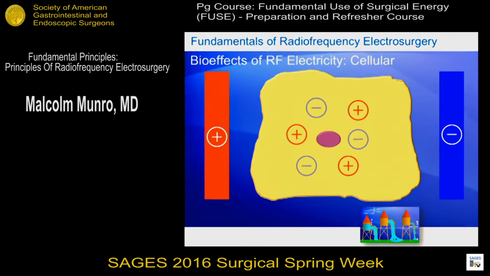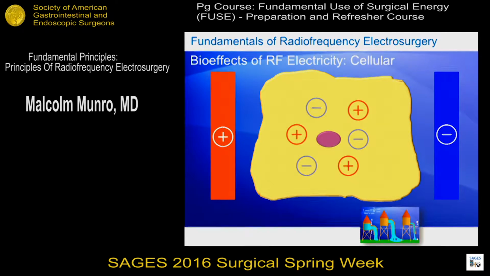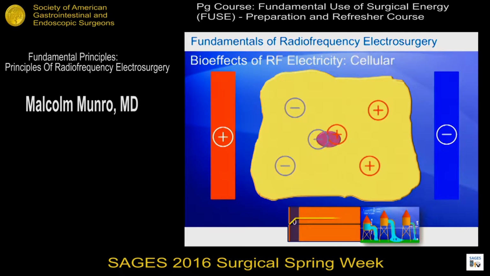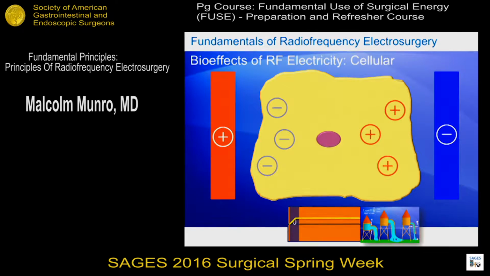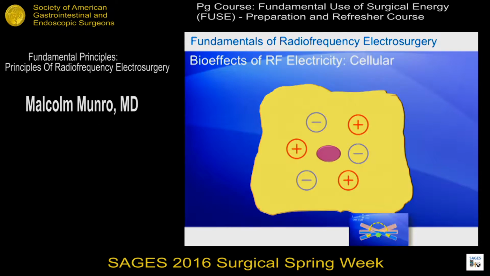If we have a direct current or a constant polarity circuit, our intracellular ions will migrate to the pole that's opposite to their charge. But if we have an alternating polarity circuit,